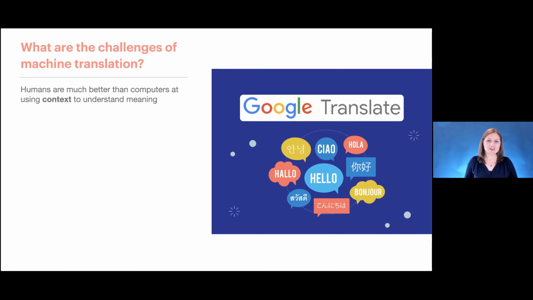And so we can more readily, when we are hearing some sort of language, or we are being exposed to some sort of language, understand the context in which that language is being spoken. And a computer doesn't have that. And so we have to figure out, how do we design it in a way that it can understand context.